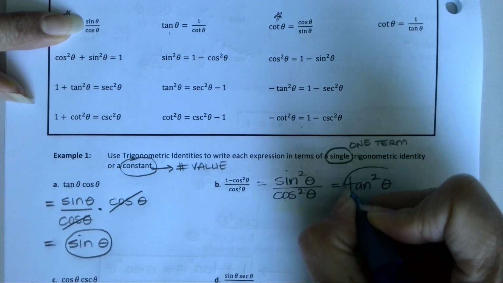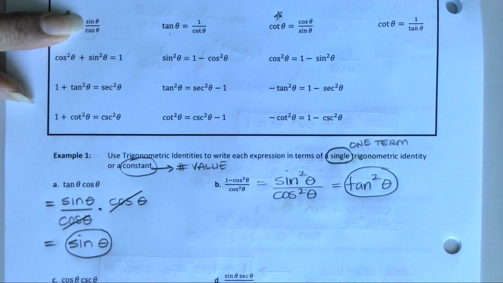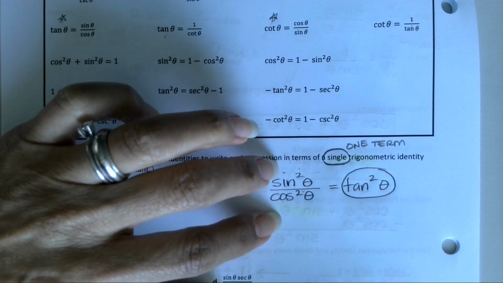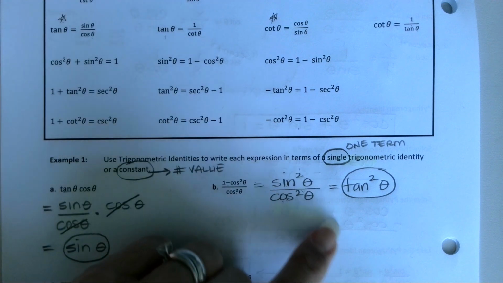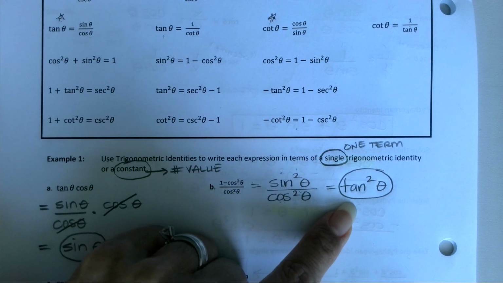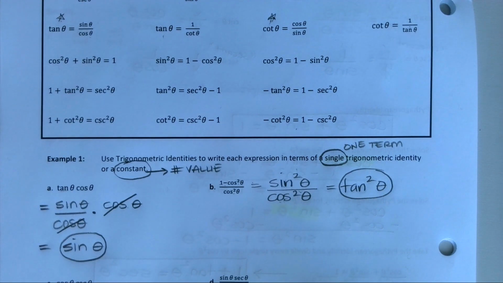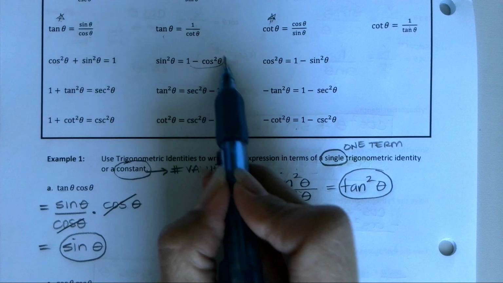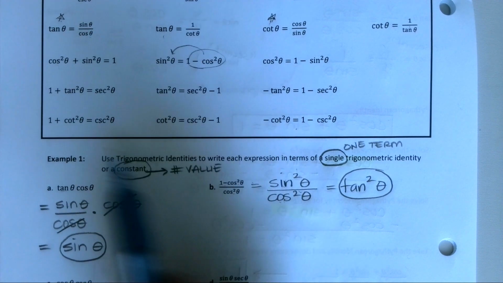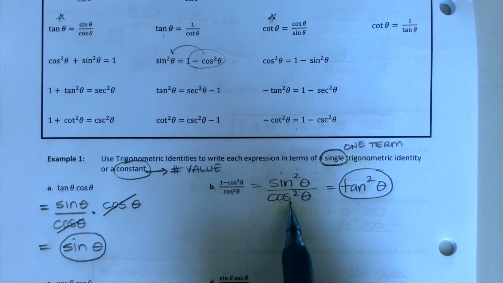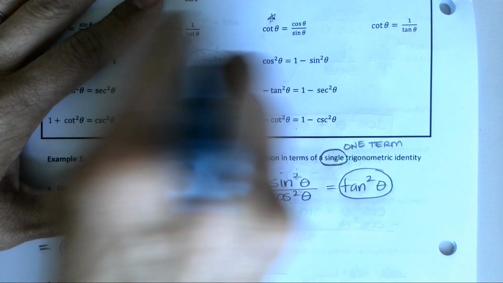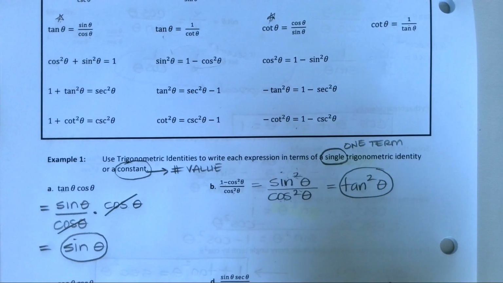And that's a single term, so I stop. This is not a single term because you have two of them. Break it down to 1. Okay. All right, so 1 minus cosine squared was replaced with sine squared. This just came over. Sine over cosine is tangent. Okay,